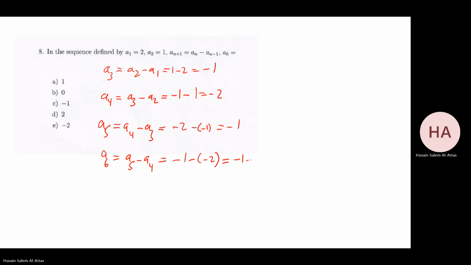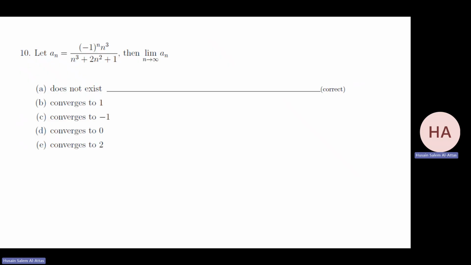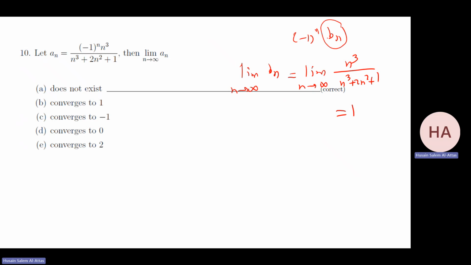That will be minus 1 plus 2, which is 1. So be careful just with the calculation. Nothing to worry about. Okay, now this is minus 1 to the power n times bn. Remember, we need to check only the limit of bn. That will be the limit of n cubed over n cubed plus 2n squared plus 1. This limit is 1. So if you remember, if this limit is not equal to 0, then